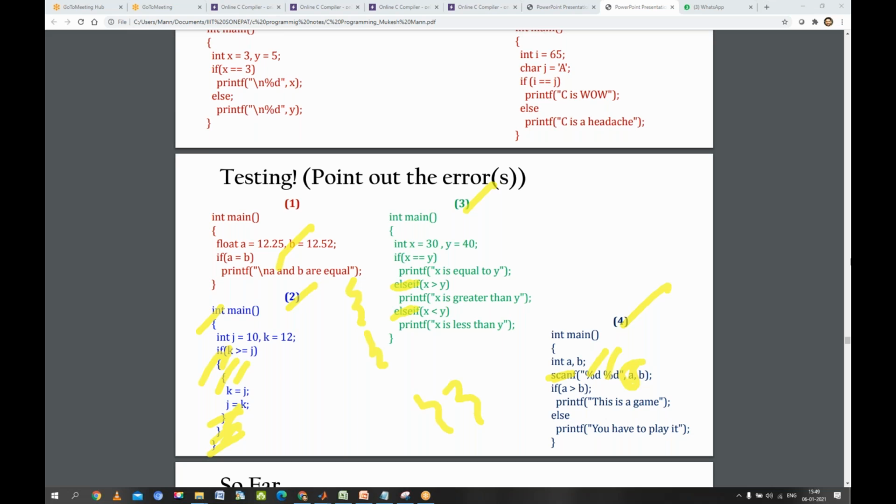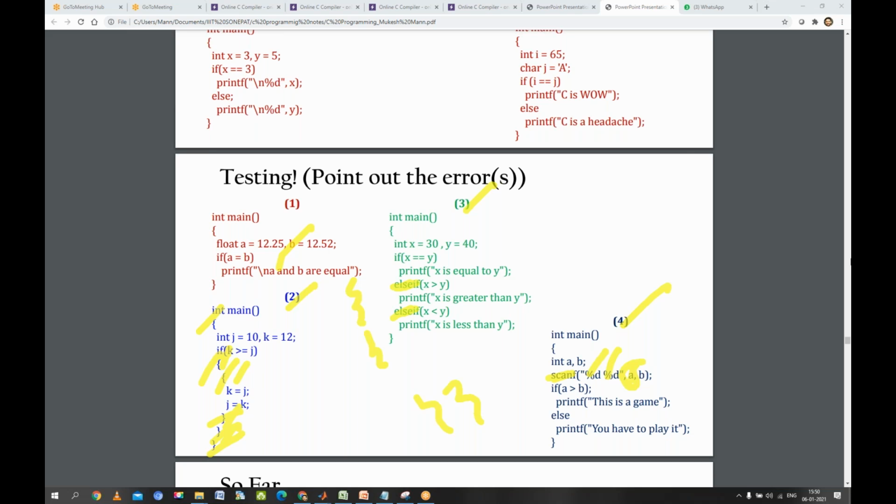One by one, let's take it. First, this particular scanf function, this particular A that we have put, it is expecting an address. Right? It is expecting a pointer, int star pointer. It is expecting a pointer to an integer. As of now, you will be very confused, sir. What is a pointer to an integer?